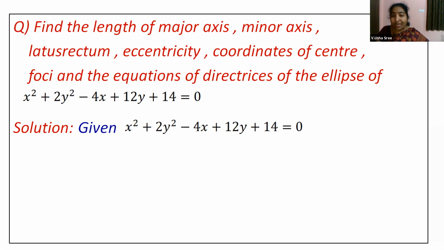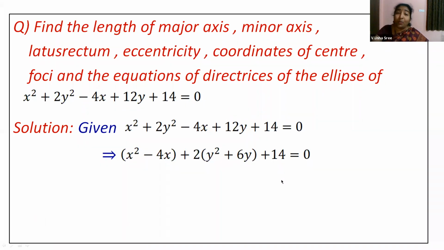Now we'll take the equation of the ellipse which is given to us. Then we will try to club all x terms in one bracket and y terms in the next, and of course constant separately. Then we can always write it as x square minus 4x plus, look at this, 2y square plus 12y. I can take 2 common, isn't it? So you will be left with what? Y square plus 6y. And of course, plus 14 is equal to 0. Further, now if you look at this, children, it's looking like some a square minus 2ab term. If we can supply b square term in every bracket, then we can write it as some a plus b whole square and a minus b whole square form.